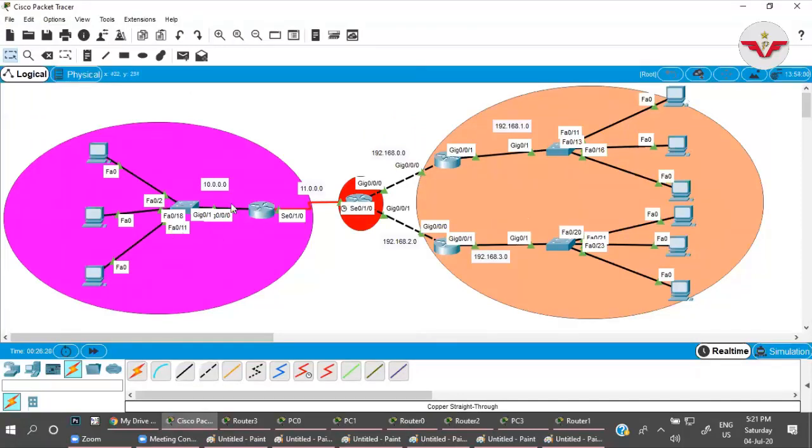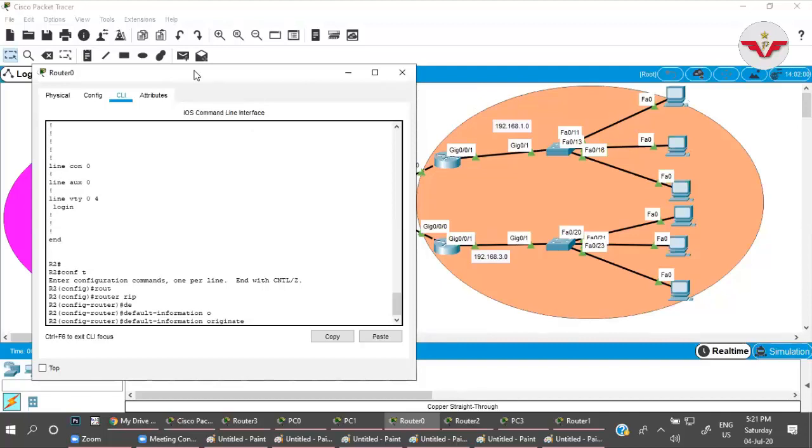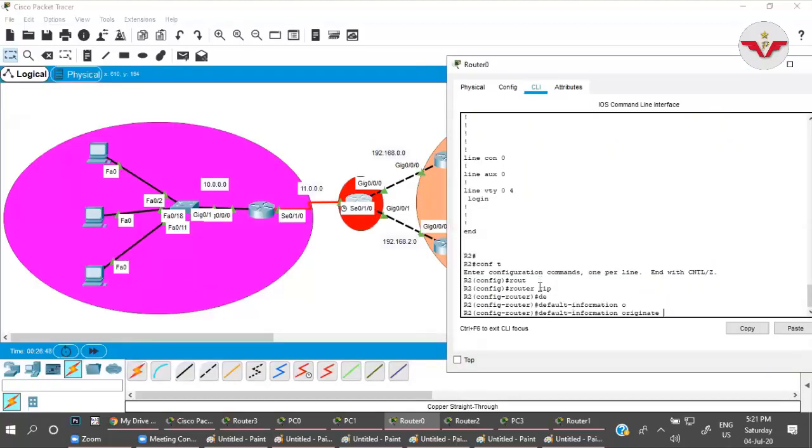This router does not have this information, so I just want to originate it. I just want to inform the other routers about a special network, which is default information originate. I have gone to the router RIP command of this border router, and I am telling the routing table to broadcast the information about the default network, whatever you have, you just originate it and forward it through the other network.